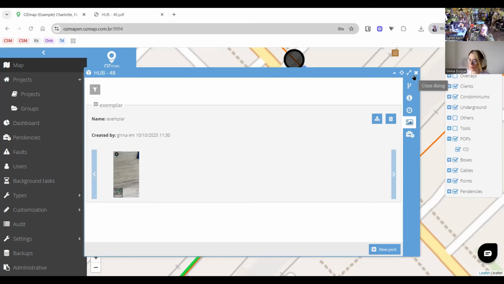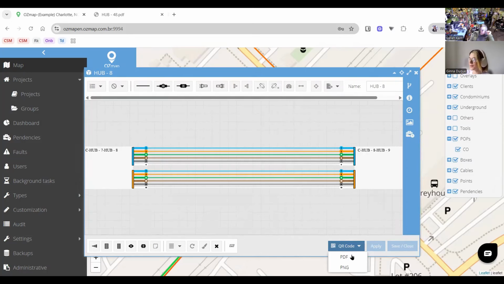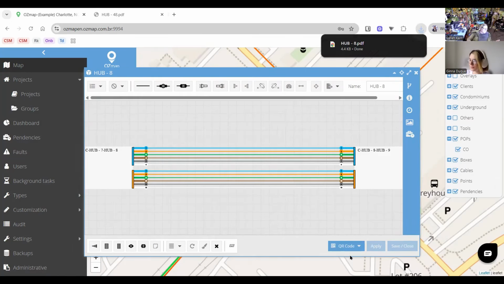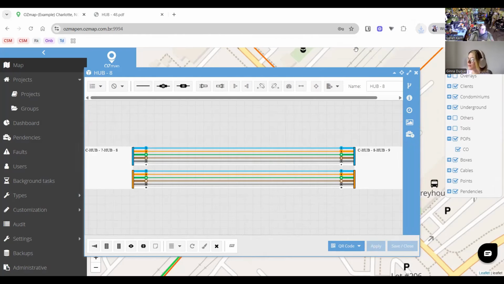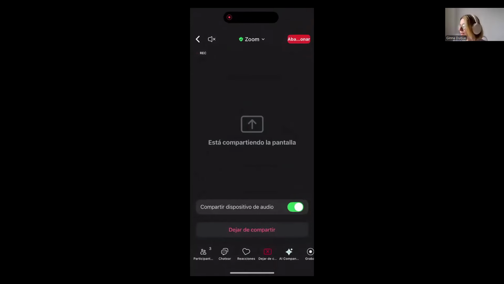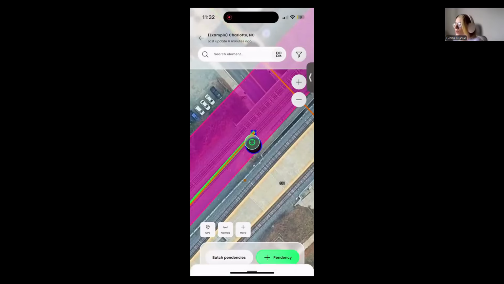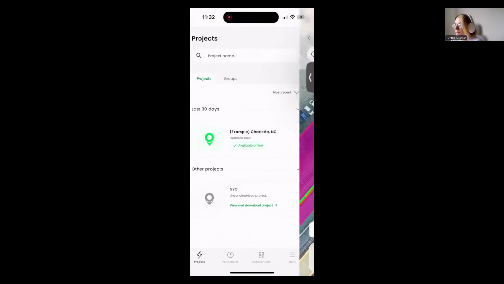And talking about the QR code, it's basically that. I can generate, for example, another one just like this on a PDF. I have it now. So once I have it, I can scan it from here. And I can just scan this. And as I told you, if the technician or the company puts this QR code inside their boxes,